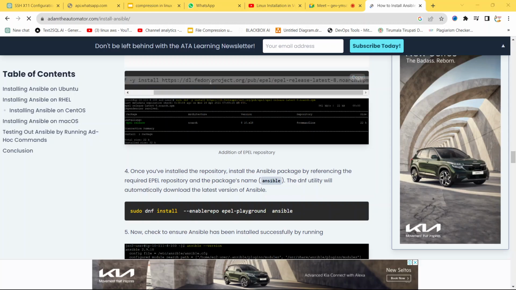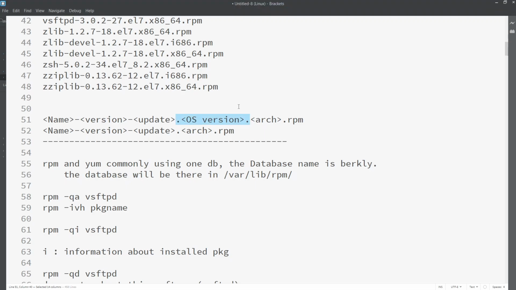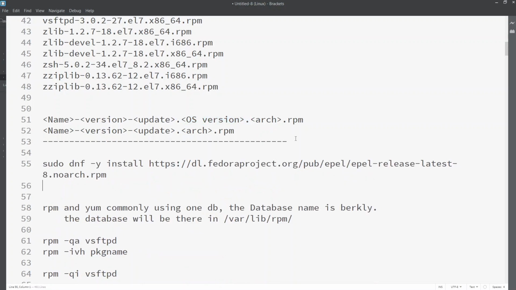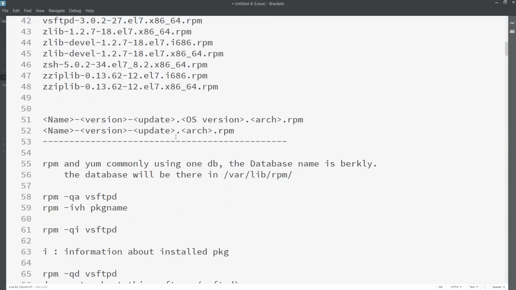If you take this one, maybe for Fedora. Okay, let me just put it here. If you see here, this is the link they have given. The latest version of something, they are installing with DNF. This is the link they have given for a few things. What I'm trying to say is, the OS version is given only for the packages developed by Red Hat.